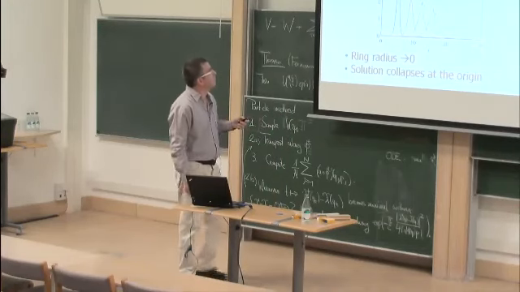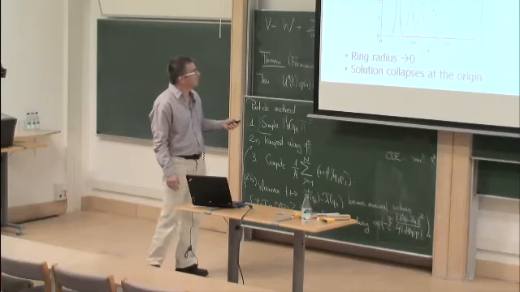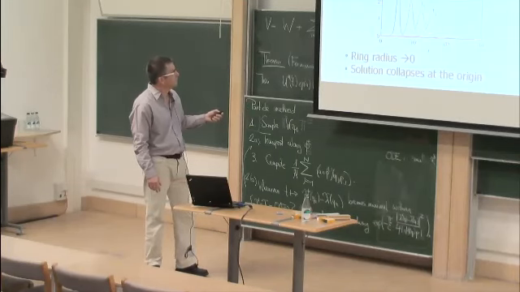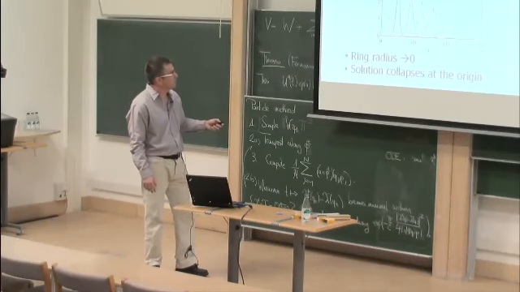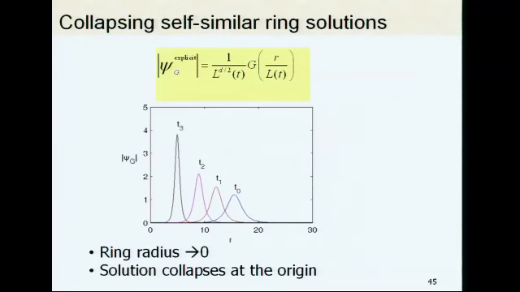So the absolute value of this is like this. And if the G has a ring shape, this is R, this is psi G, so it has a ring shape. So you see this is at t equals 0, 1, 2, and 3. So as the solution evolves, the ring amplitude becomes higher, the width becomes narrower, and it approaches the singularity, the